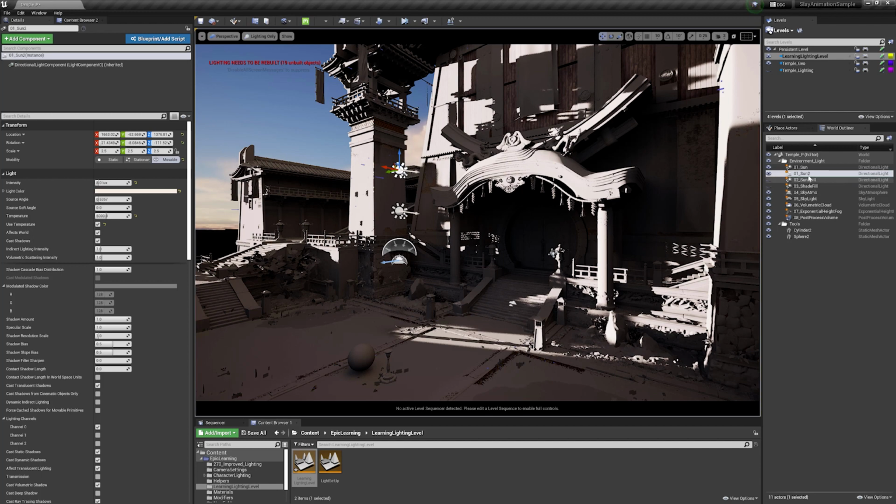So now that we have Sun 2, let's make sure that we rename this. We're going to rename this to XX underscore sun spill because we already have one, and we'll delete the other once we've set this up. So now that we have sun spill set up, the first thing we're going to do is, since this is just supposed to be the glow for the sun, drop this down to like 1.5 to start with. And now we're getting that glow.